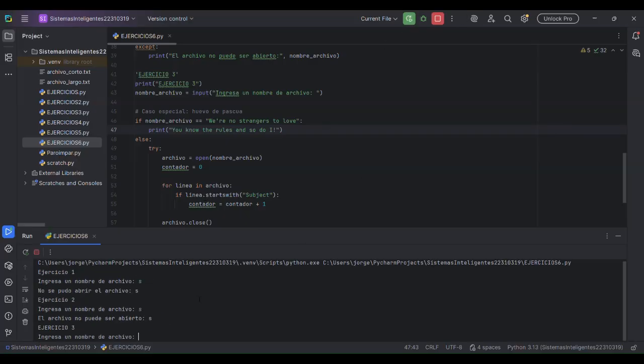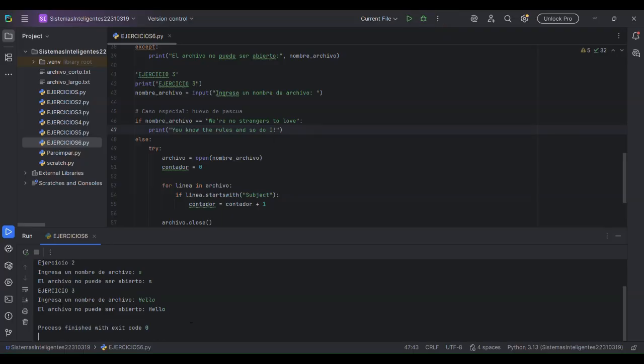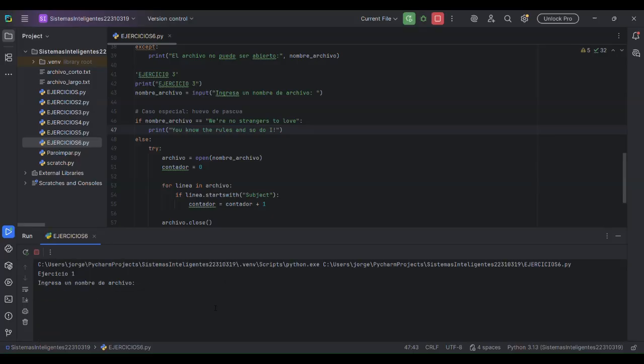So let's go to the third exercise again. If we put, I don't know, hello, the file cannot be opened, hello, because it doesn't exist.